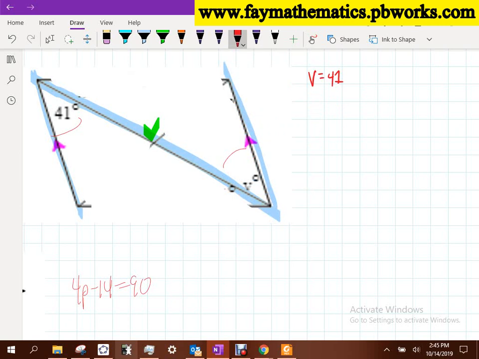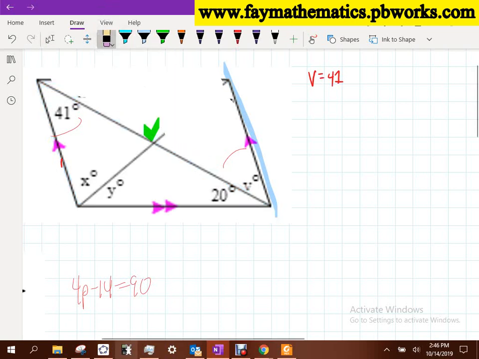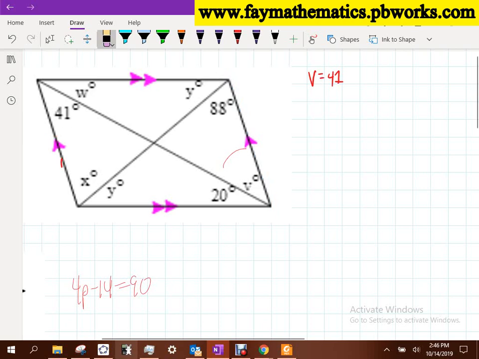Okay. And here's the thing, guys, is that right now, a lot of you, I think, are seeing a relationship. V's got to be 41 or something like that. But are we able to communicate that? Are we able to use the appropriate terminology for us to be able to communicate our ideas? Because if we're not, the end of course exam, which will judge whether you get to graduate or not, will target that. Okay, and it'll make sure that you're able to communicate effectively within these concepts. So we need to know that vocabulary. Okay, so that's great.